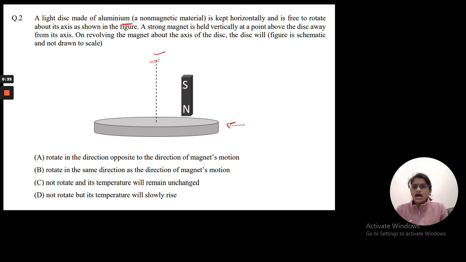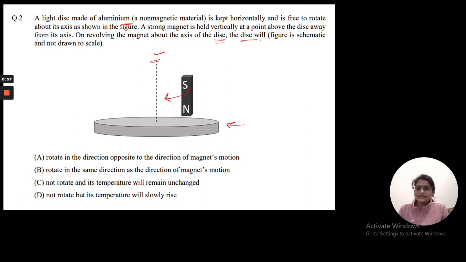As shown in this figure, a strong magnet is held vertically at a point up above the disk, away from its axis. On revolving the magnet, this magnet is being revolved in this direction about the axis of the disk. Now we have to tell whether the disk will rotate in a direction opposite to the direction of the magnet's motion,